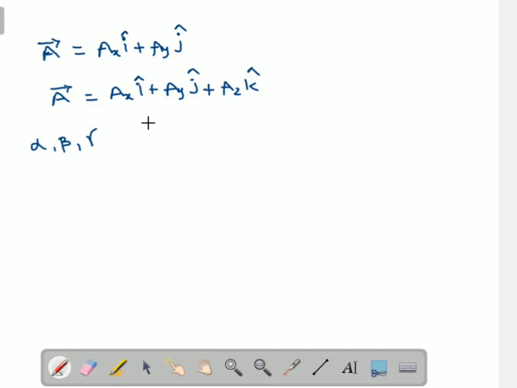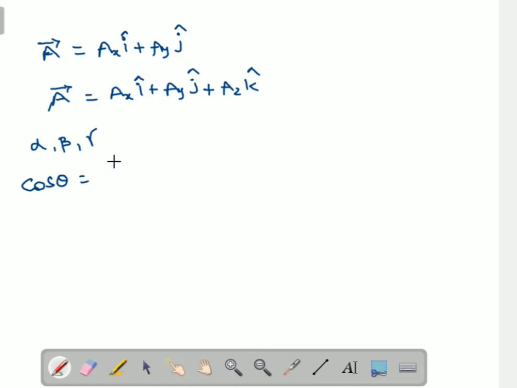Previously we saw v bar making an angle theta with the x-axis. In the same way, if A bar makes angle alpha with the x-axis, beta with the y-axis and gamma with the z-axis, then cos alpha can be written as